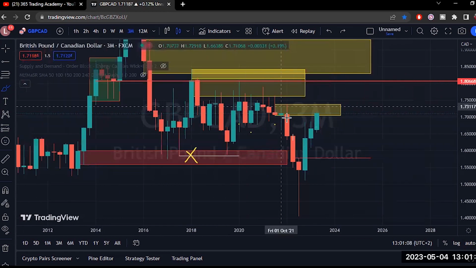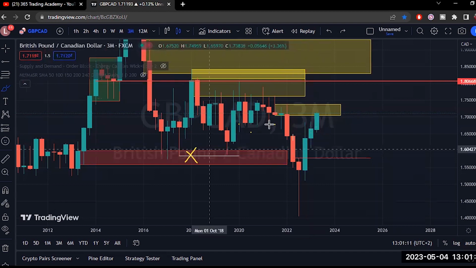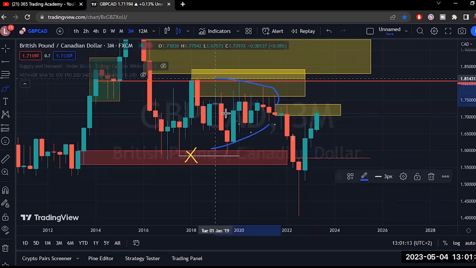So if this 3 month supply doesn't hold, if you look to the left side, this whole area is extremely choppy, right? You've got something here, right? Let me just remove everything I've just done. But you've got this area here, sure, but otherwise everything is just very choppy.